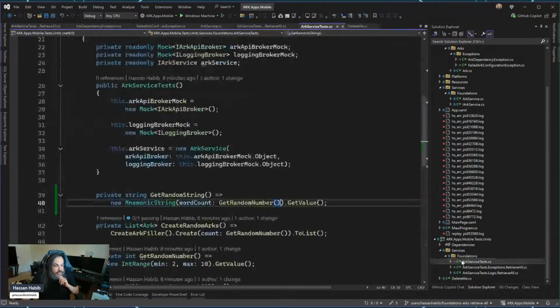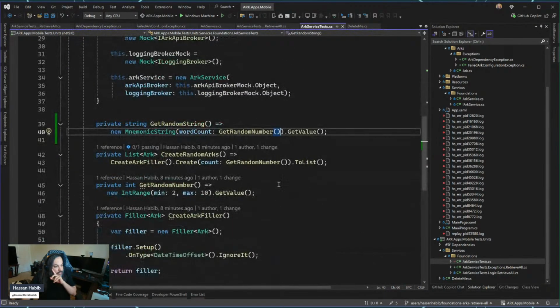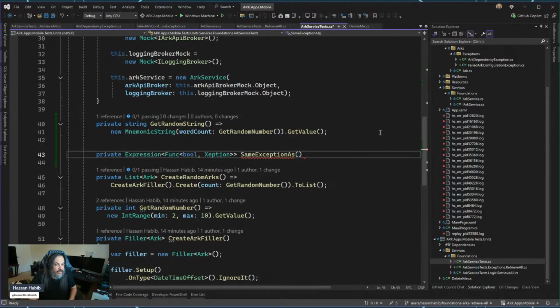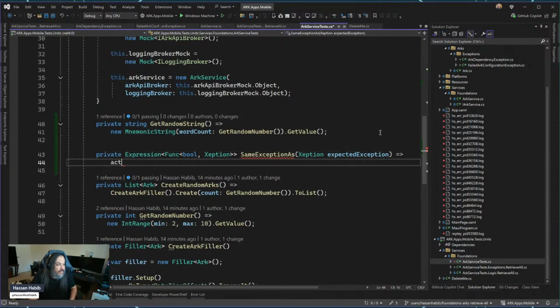What is this same exception as stuff? Remember, we wrote that before. Let's write it one more time for funsies, right? It's a private expression, right? Expression of a Func that has a Boolean and an exception with the X, SameExceptionAs, right? And then you have exception, expected exception. And then you go up in here and say actual exception